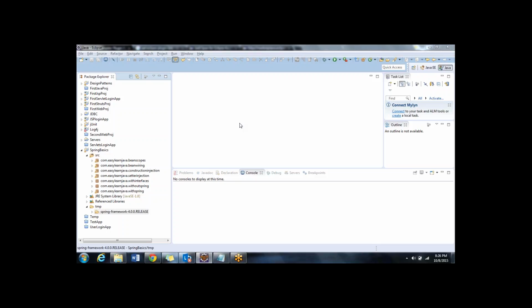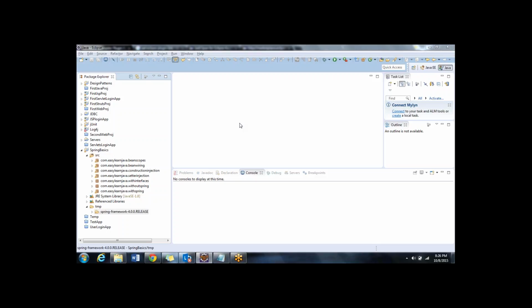a way of dealing with JDBC by giving us a template. A template, maybe you can consider it as a predefined structure or a predefined way where you can go ahead and use it. So we will understand the Spring JDBC template now, which is the way we deal with the JDBC concept. The next thing that we will do here is, once we create a Spring MVC project, we will integrate this